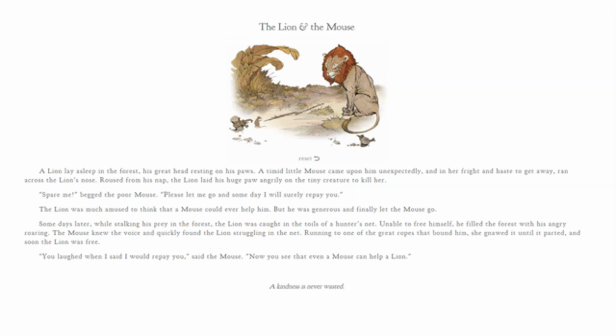The Lion and the Mouse. A lion lay asleep in the forest, his great head resting on his paws. A timid little mouse came upon him unexpectedly, and in her fright and haste to get away, ran across the lion's nose. Roused from his nap, the lion laid his huge paw angrily on the tiny creature to kill her. "Spare me," begged the poor mouse. "Please let me go, and someday I will surely repay you." The lion was much amused to think that a mouse could ever help him, but he was generous and finally